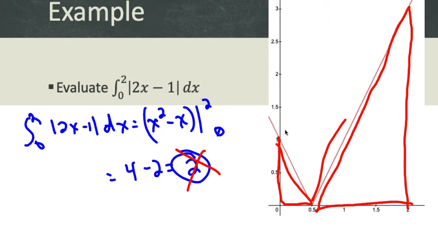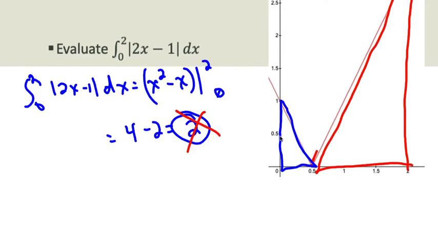Actually, let me do them in different colors so I can talk about them. I guess I could just say big triangle and little triangle, but I'm already committed to changing the color, so I'm not going to back up now. Here we go. So let's say for the blue triangle, if I find this area, I have 1/2